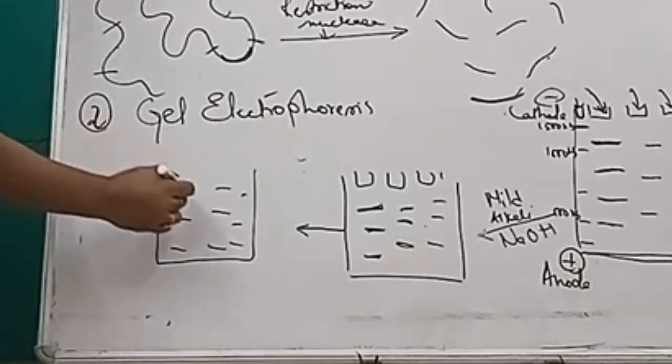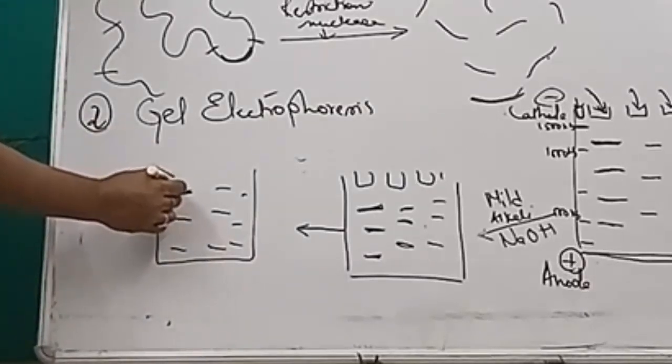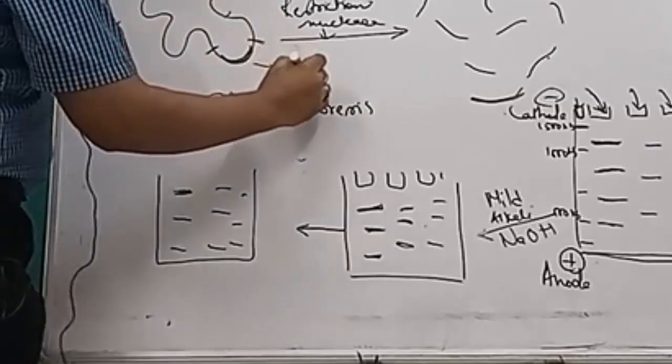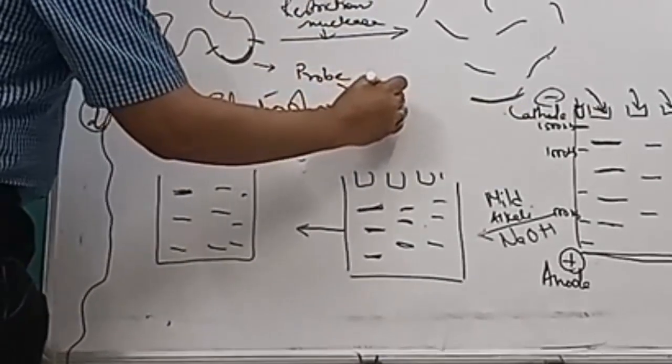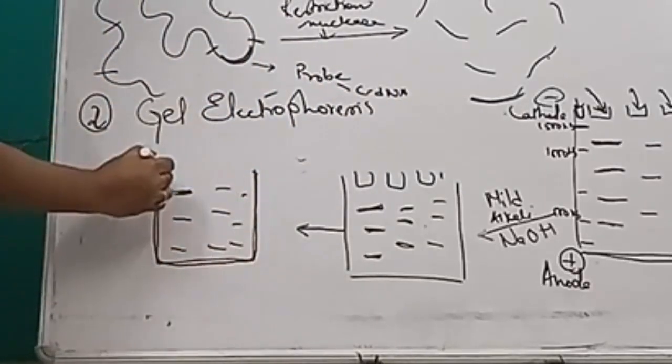We are able to take the imprint of the separated fragments, and these are all single stranded fragments. Now we have to identify our gene of interest. We know the sequence of that particular gene, suppose we found the sequence out by DNA sequencing. So what we will do is design a probe. What is this probe? A probe is nothing but the complementary DNA of this particular area. So we are going to immerse this nitrocellulose paper or sheet into a well.